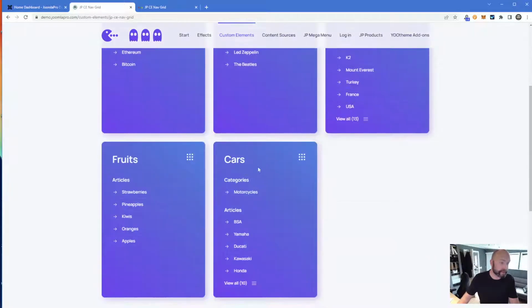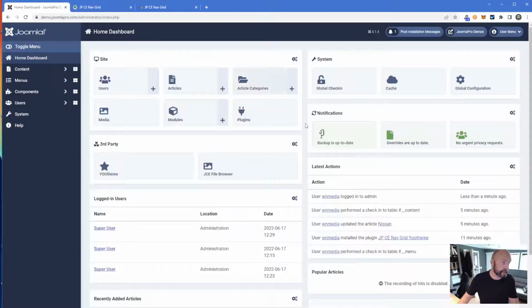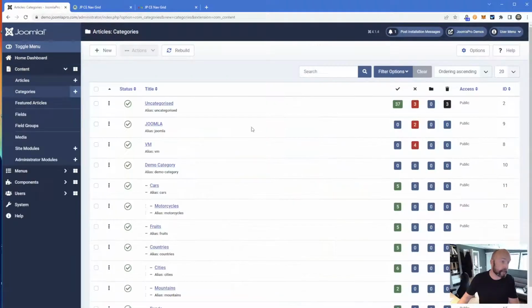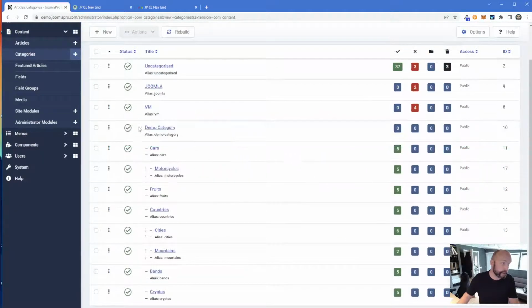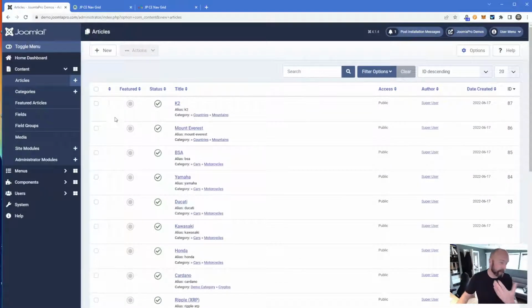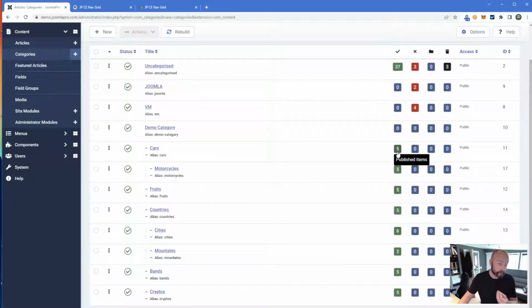So what we have here is, you know, like a navigation thing. I'm going to display in Joomla here. I've created a demo category here with some demo things. We have cars, and on the cars there's motorcycles, fruits, countries, cities. You know, it's a hierarchy of categories, and inside each of these there's like 5, 6, 7 different items. You can see here there's 5 published items, so different categories, different articles inside of these